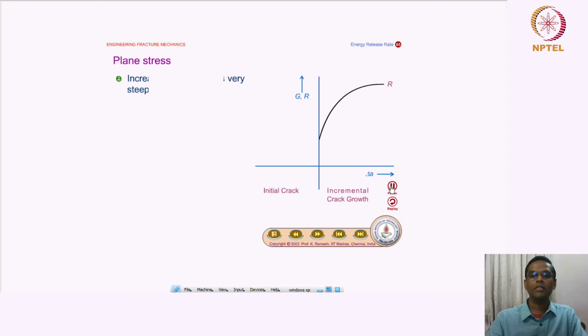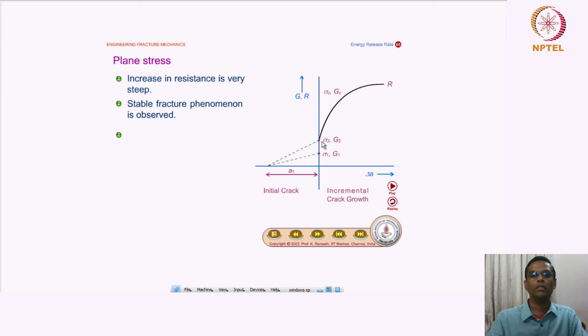But in a plane stress condition, the idea is quite different. So the R curve is not that shallow, but here it is quite steep in a plane stress condition. Increase in resistance is very steep. Okay. So the initial crack length, now what happens is,